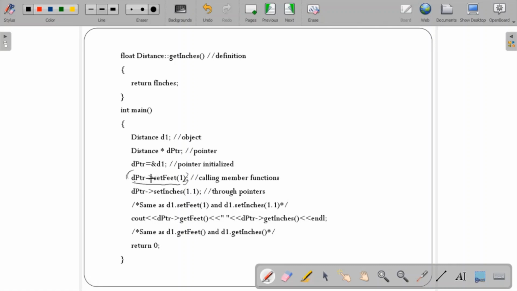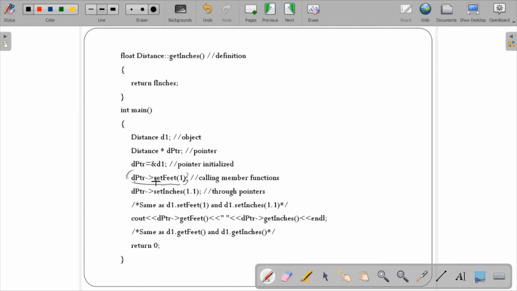You can see over here, distance d1 is an object. Again, I created a pointer, that is dptr, Distance dptr. Within this dptr, I am storing the address of the object. So dptr is nothing but something which stores the address of an object. So you can call the member functions using the pointer. This is the syntax.